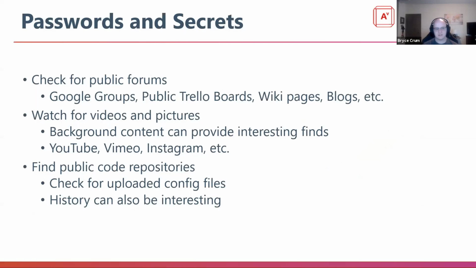For passwords and secrets, this one tends to be a lot where people don't believe it until they see it necessarily. This happens a lot with obsoleted technologies such as forums like Google Groups, things of that nature, where people were using them prior to maybe migrating into an internal Teams or something like a Slack. If there was ever a shadow IT presence before, or if there was ever documentation that was being publicly shared and maybe they didn't want to have to worry about adding everyone each time that they got new people, you may run into public Google groups or things of that nature that you can enumerate through and identify processes and things of that nature.